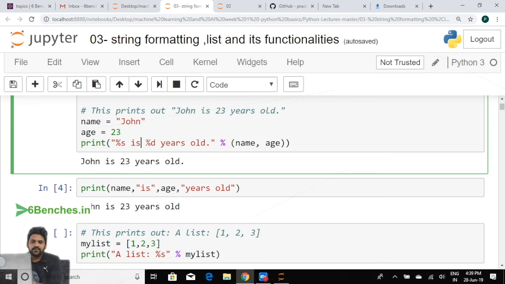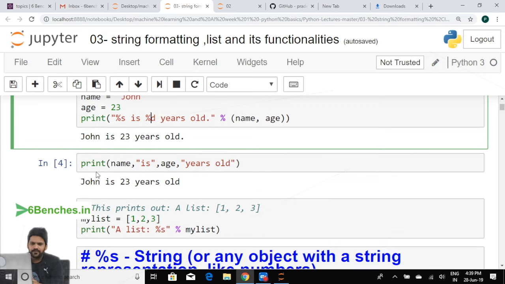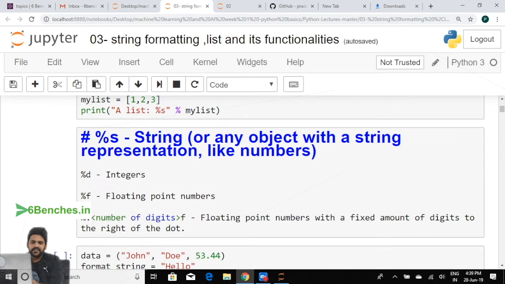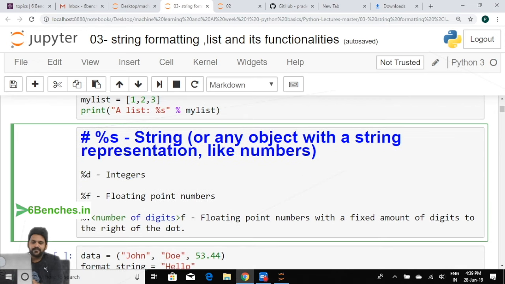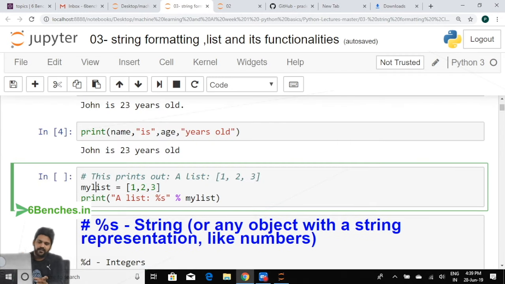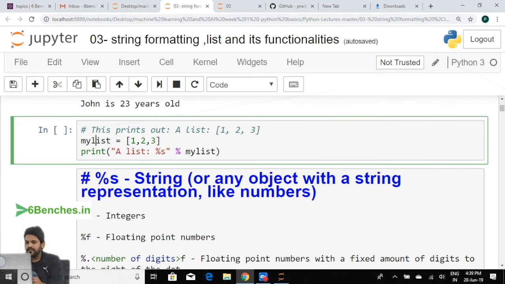Then I want the integer, which is age, so I'm using %d. If you look at the list, %d is for integers, %f is to format floating point numbers,